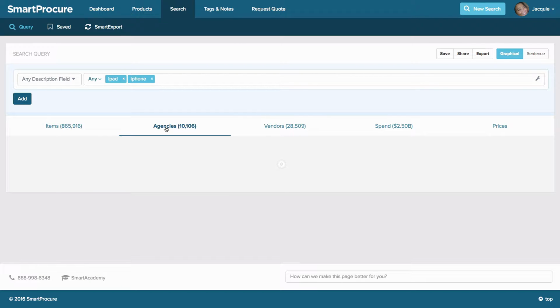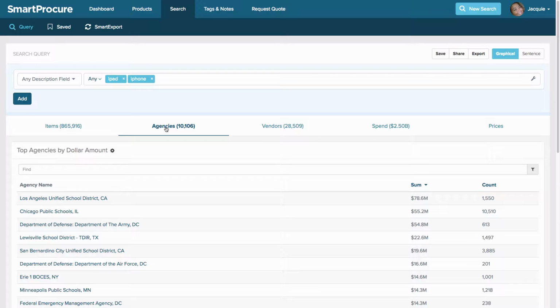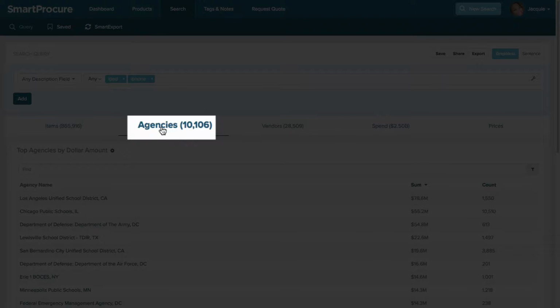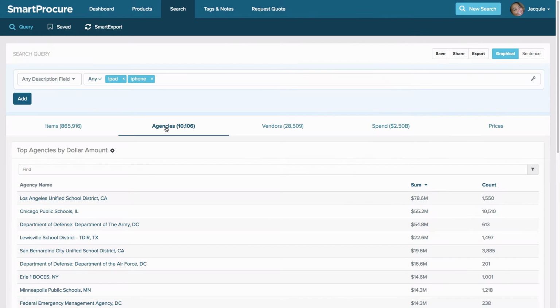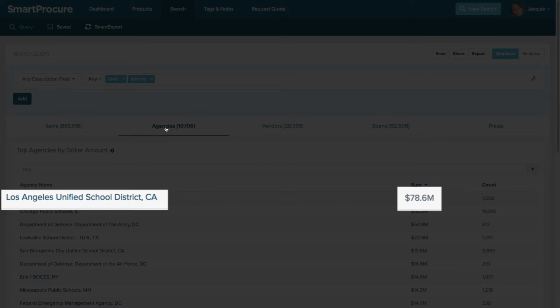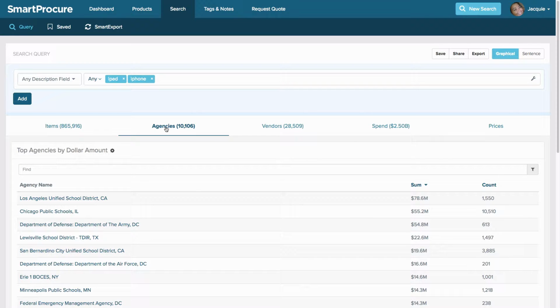Now next to that, you're going to be able to see just how many agencies now comprise the result for iPad or iPhone. So what it's saying is that over 10,000 agencies have purchased these items. And in this list, you'll be able to see it, again, by the default, is by the highest dollar amount that has been purchased. So LA Unified School District has purchased over $78 million worth of iPad as well as